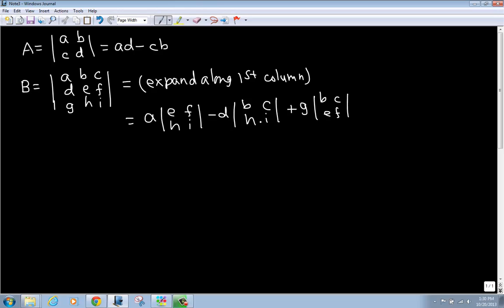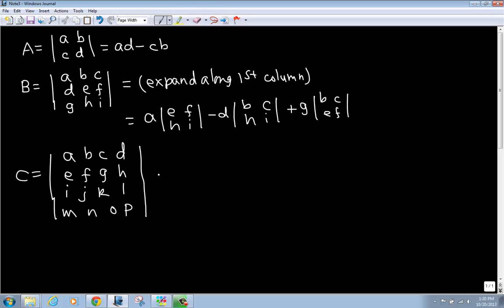Now it's a 2 by 2 matrix in each term, so you know how to find these from the previous one. Okay, let's go for a 4 by 4 determinant. Let's say C equals A, B, C, D, E, F, G, H, I, J, K, L, M, N, O, P. Okay, it's a 4 by 4 determinant. So as usual, we want to expand along the first column. So A, now we delete the row containing A and the column containing A, so we'll have a 3 by 3 determinant of F, G, H,